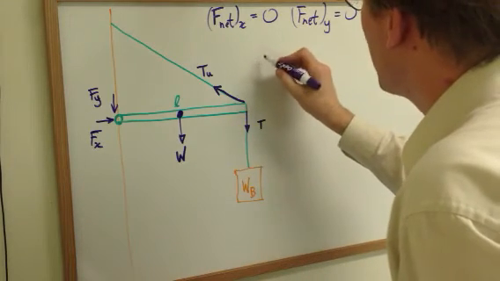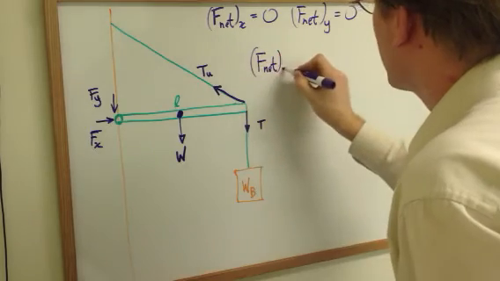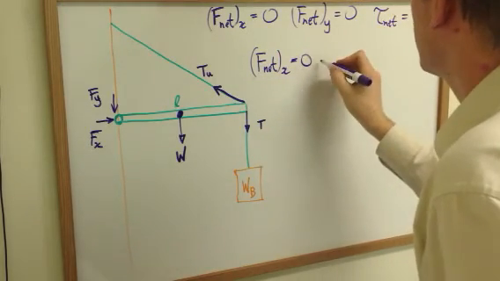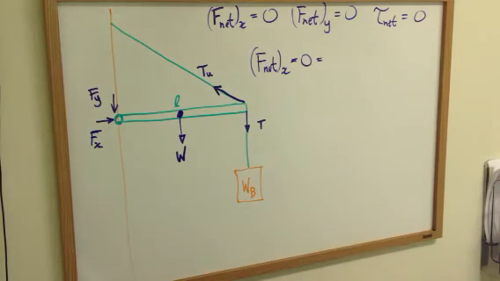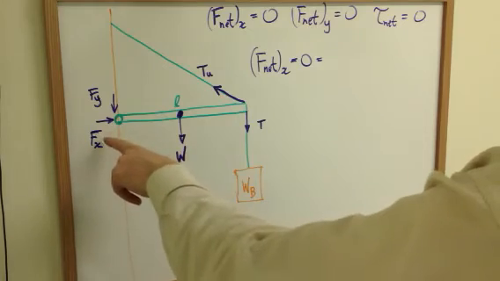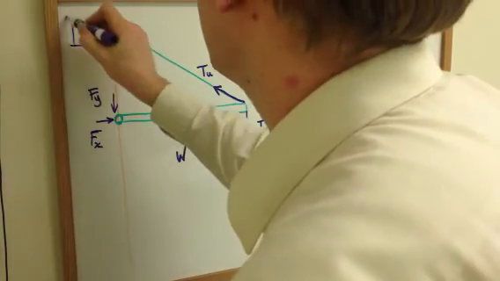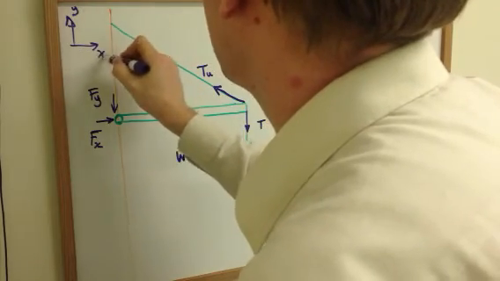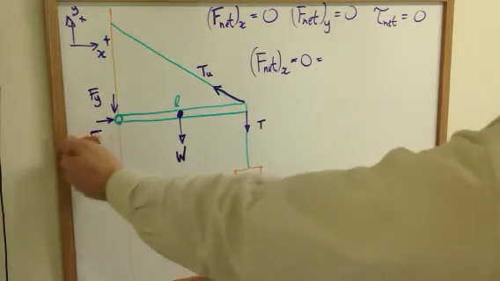Let's think about the x direction. Let's think about the net force in the x direction, which we know is 0 because nothing is accelerating in the x direction. Well, tension is vertical, weight is vertical, so I must have an Fx. And if I lay down a little coordinate system here just to remind myself what's up, down, what's plus, what's minus, Fx, actually,